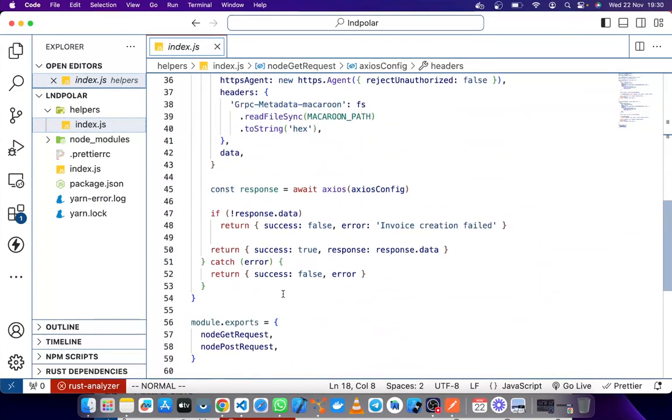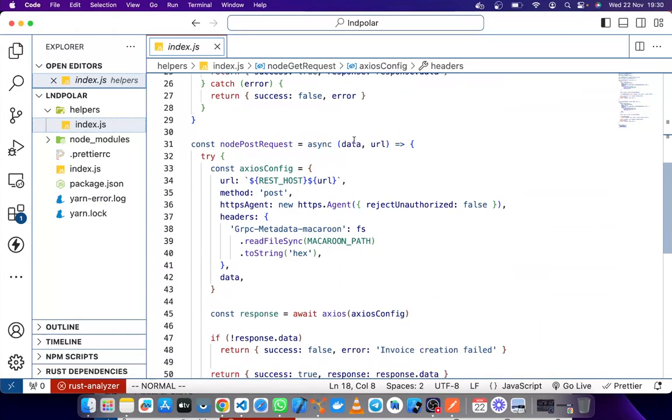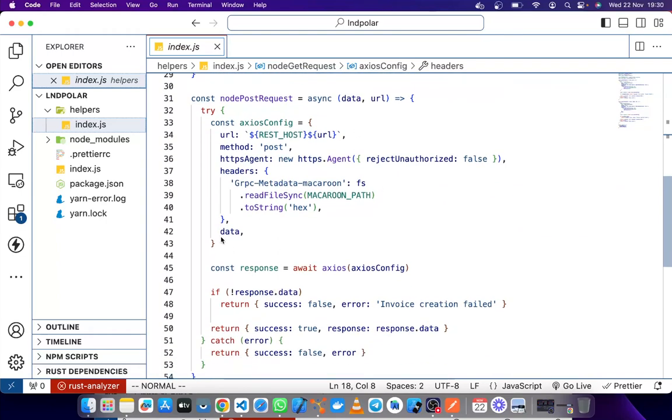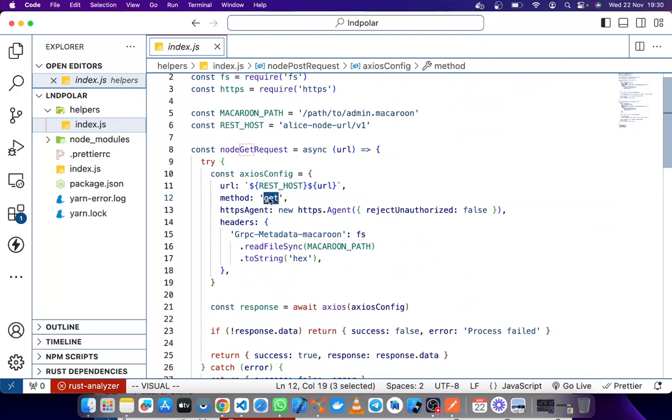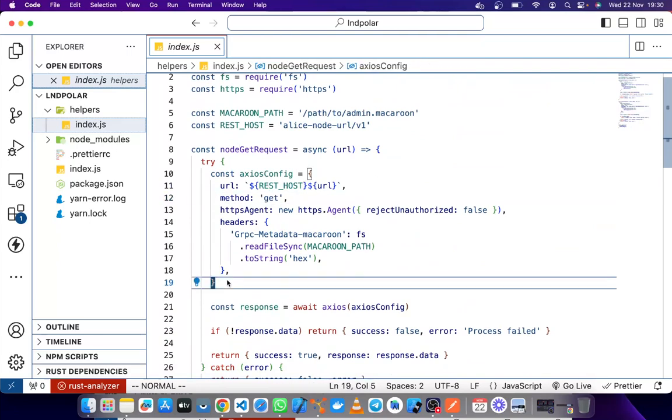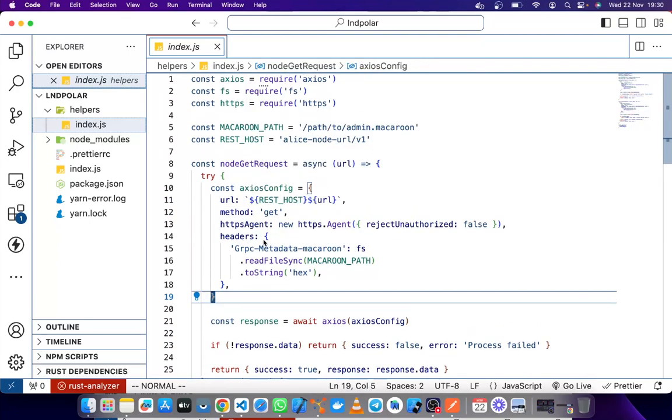So it's the same function as post, only that this time it takes in some data as an argument, and then that data is passed through here. So the only difference is this part and this part from this one. This one does not need the data because it's a get request.